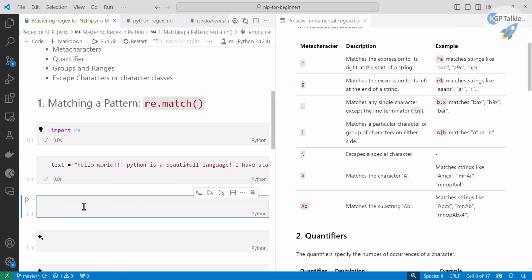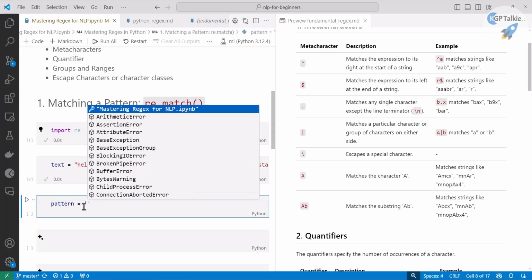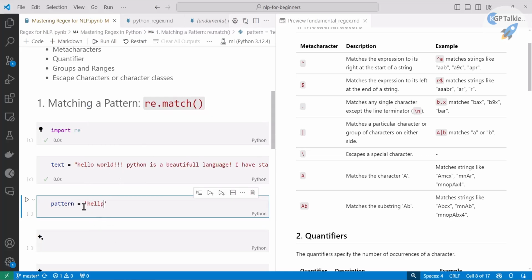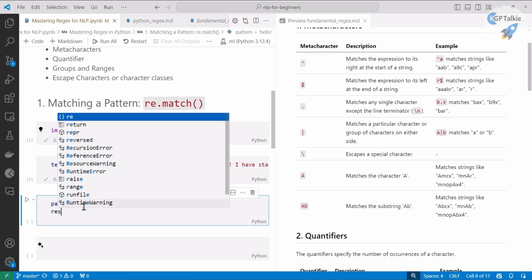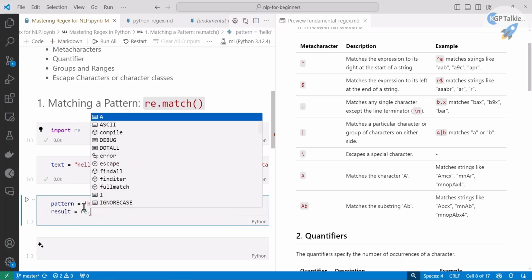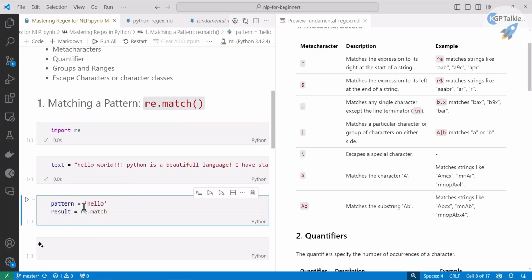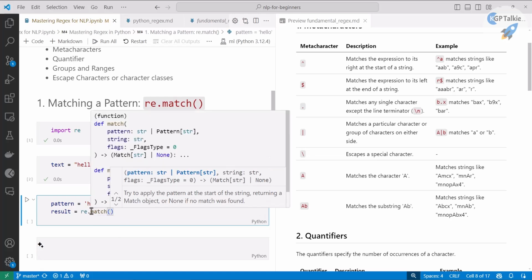So I'm going to write here, first of all, the pattern, right? So I write my pattern, and what pattern am I going to match here? The pattern I'm going to match here is hello, let's say. This is my pattern which I'm trying to match. Thereafter you just need to write result is equal to re.match, and inside this match you can see